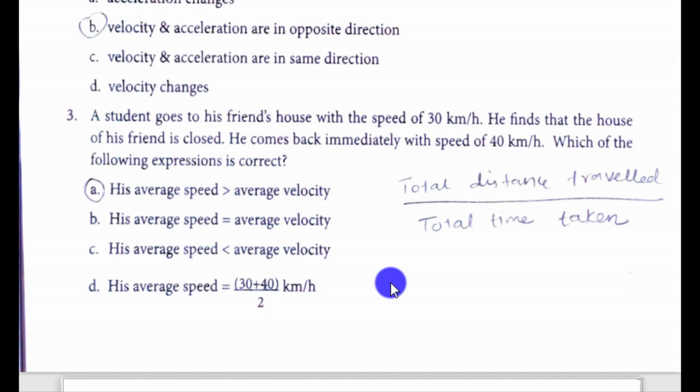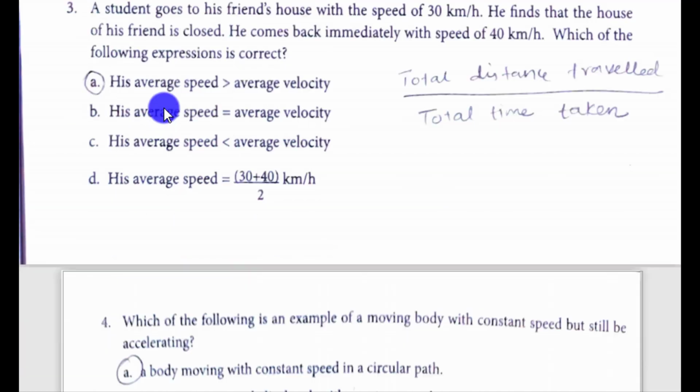In this case, the total distance traveled is x, and if it comes back, then it will be 2x. But the displacement is 0. There won't be any difference between the change in the position of the object, and hence the displacement is 0. Because the displacement is 0, velocity is 0. Because the distance covered by the object is 2x, we can have maximum speed. The first option will give you the correct answer.